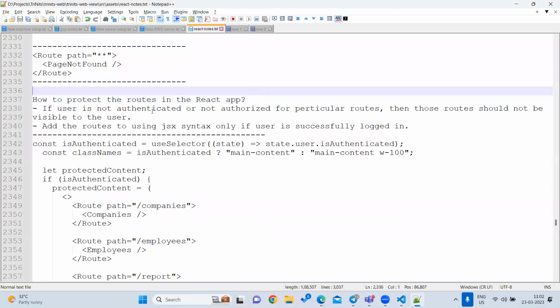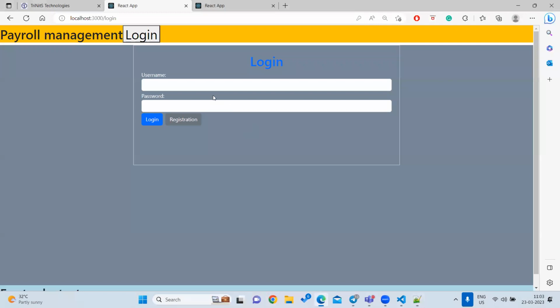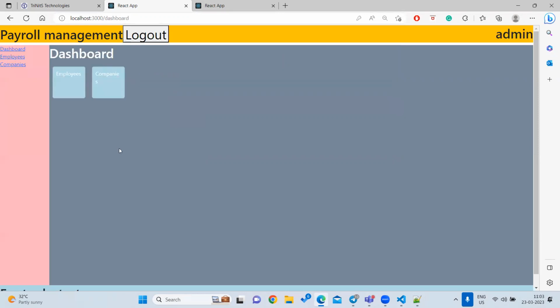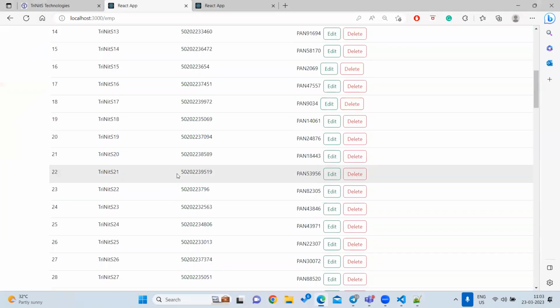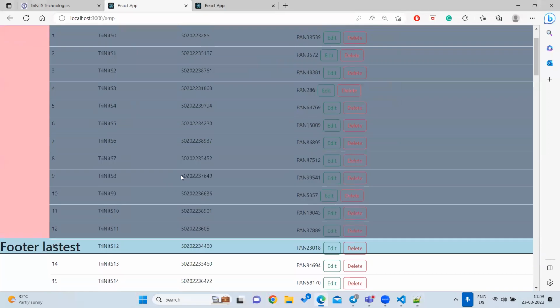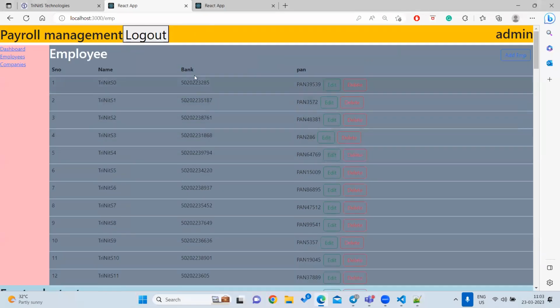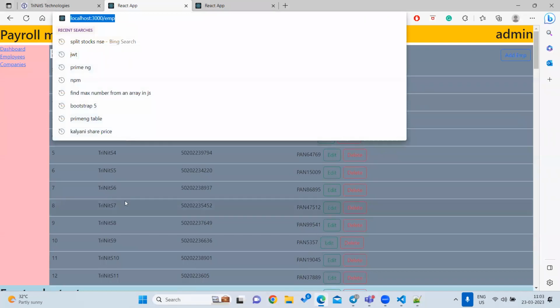Okay. Now we have done our authentication. If user is there, we are logged in. If user is not there, we are not logged in. Now suppose we see our application. Once you log in with admin and admin, you are going to get this page. Correct, right? You click on employees, and it is going to load all the employees data. This is a correct one. Okay. This is fine. Now you see this URL, and I'll copy this URL, and